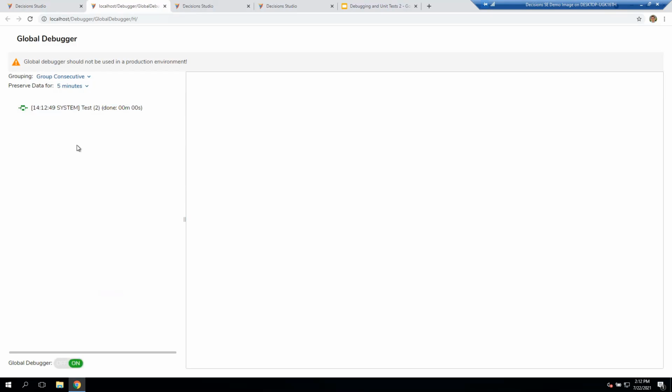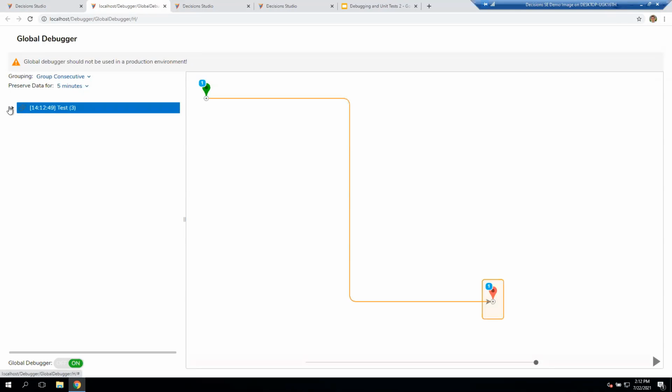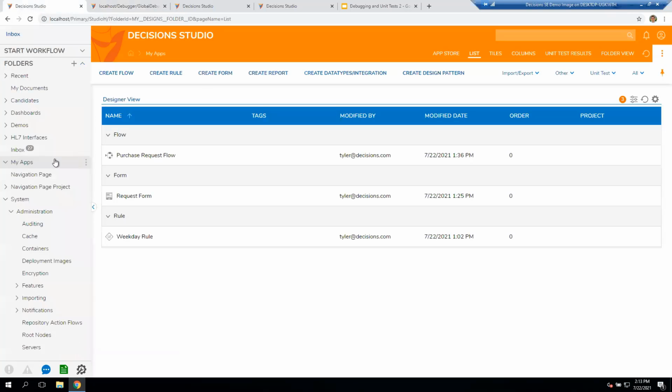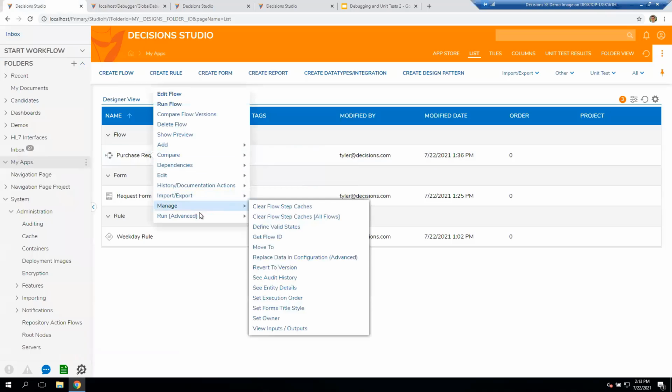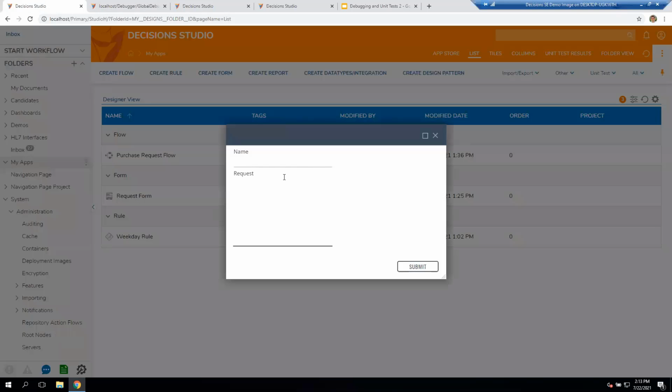And now you see right here I have all the different processes I'm actually running. I have a scheduled test job right here that's actually running. It's a very simple test job that runs every 3 seconds. But as you can see right here, we're able to see all the different types of flows you're running. And to show you how this works, I'm going back to my studio. That simple purchase request flow, I'm going to go ahead and run this again. So I'm going to simply say,